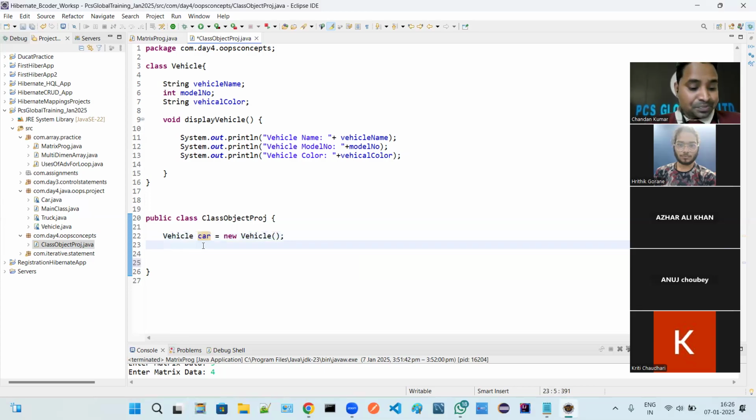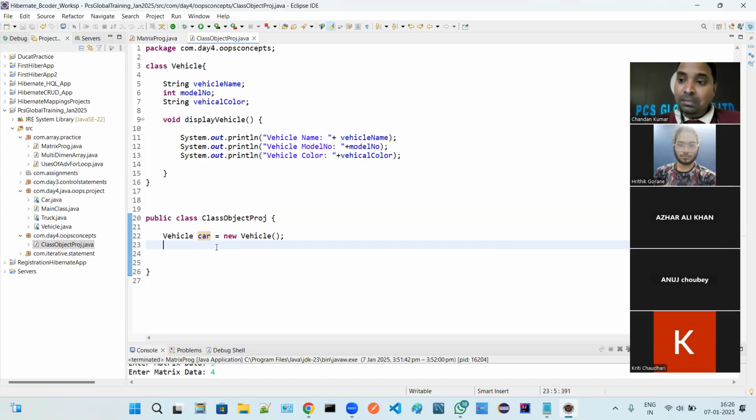Correct? So, as per another example, let me check. Bird is a class. Correct? That class will have properties or not. What are those properties? Bird will have wings, and bird will have a name. And what is the behavior of that bird? Bird can fly. If these properties are present in any entity, then we can proudly say that that entity is nothing but an object of the bird class.